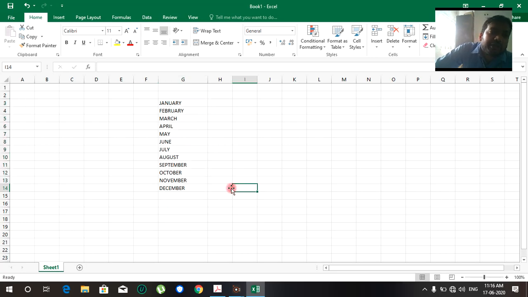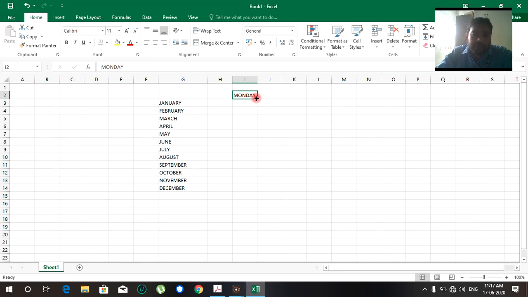Now we are going to try another one, that is, how to fill the weekday names. If you write Monday, select the Monday cell and place the cell pointer at the bottom right corner. Again the pointer changes to a cross symbol.